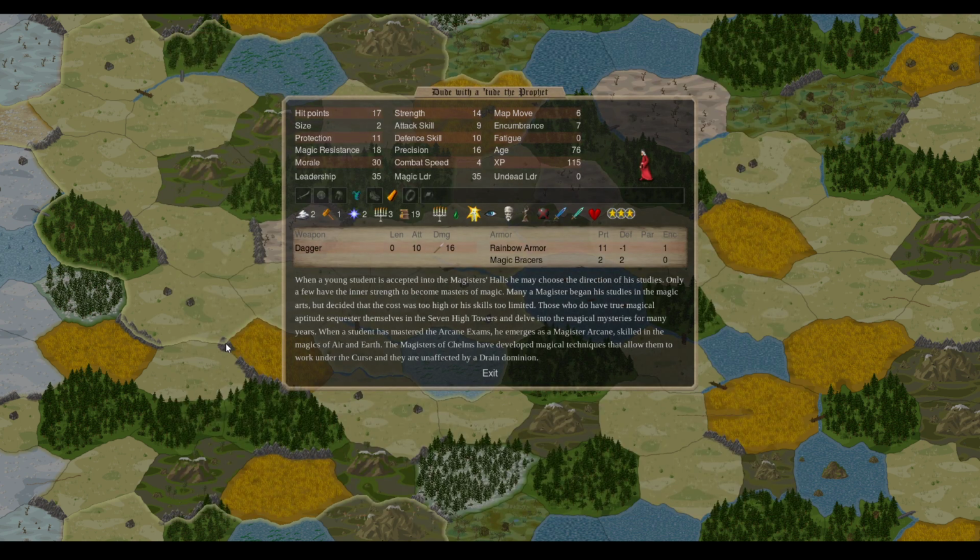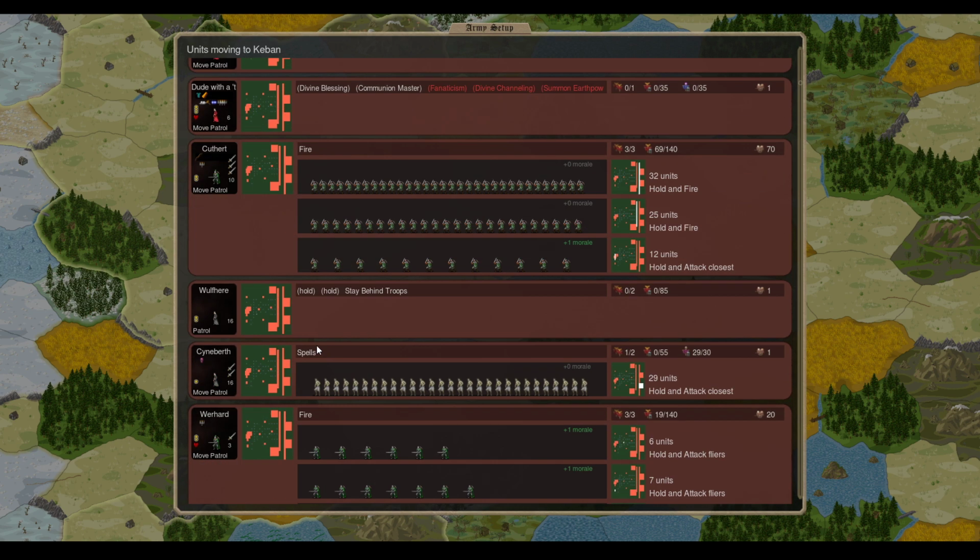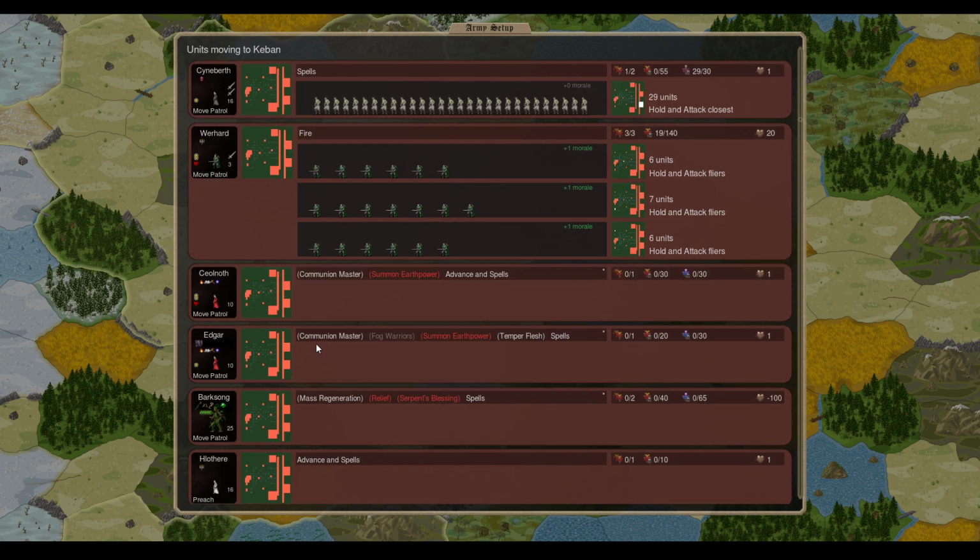Now this army has the prophet, dude with a tood. He's gotten a limp, but he's still pretty healthy despite his old age. So he's doing Divine Blessing, then jumping in the Communion, then doing Fanaticism for morale, and Divine Channeling and Earth Power. So good for him. And then the only different thing here is in